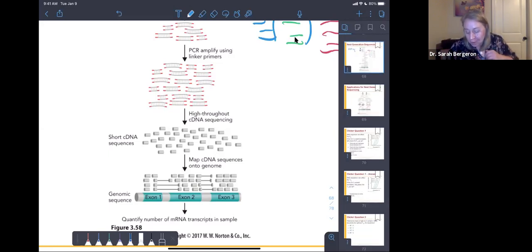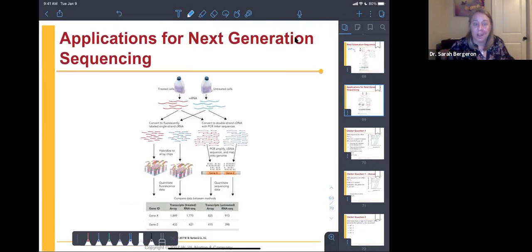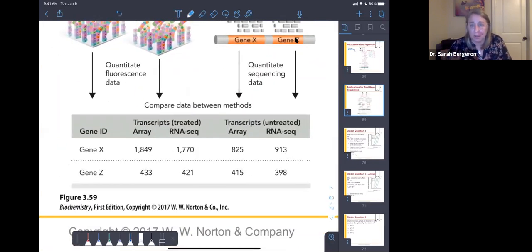But what good scientists do is they do both, right? They do both the next generation sequencing and the gene chip arrays. And the question is, do the data back each other up? So for example, if we look at expression level of 2 different genes, gene X and gene Z, if I look at my array, my chip, it's the same thing as a chip. If I look here, this is an untreated sample. If I give this sample a drug,